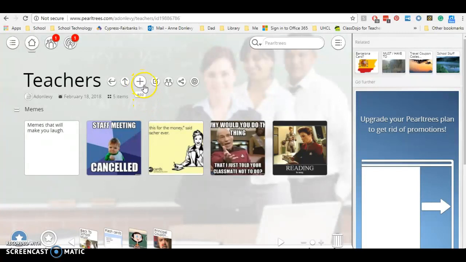Now the basic buttons here at the top are, this is going to take you back. This is going to take you, they call it the parent, which will be the next level up. Then how to add things, how to edit things, then the team and the sharing, and then your related collections. And these three last buttons we'll use at a different tutorial. Let's talk first about